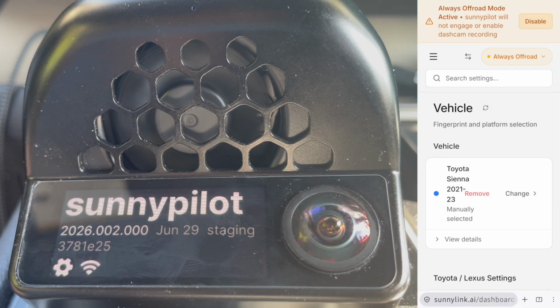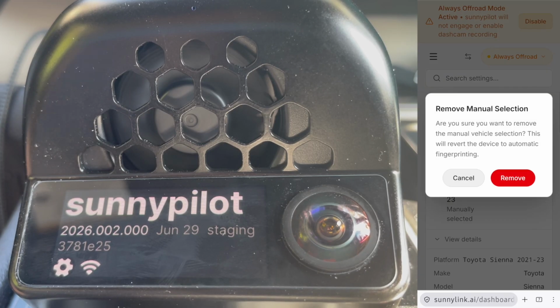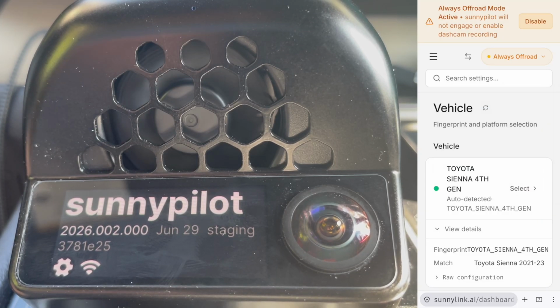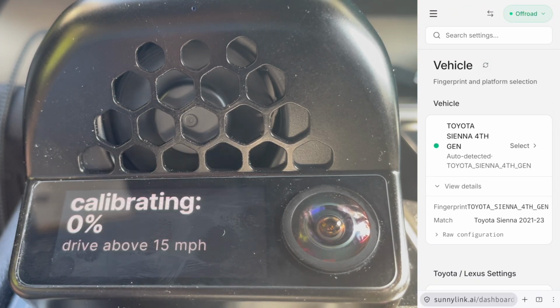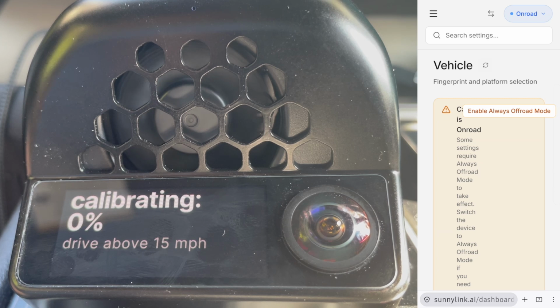Now underneath Toyota Sienna 2021, it says manual is selected. You can tap remove, and now we're back to being auto detected. At the upper right, there's a disable always offline mode. Now your SunnyPilot is back to being in online mode. Because the car is correctly detected and because the key is detected, it goes into the calibration mode.